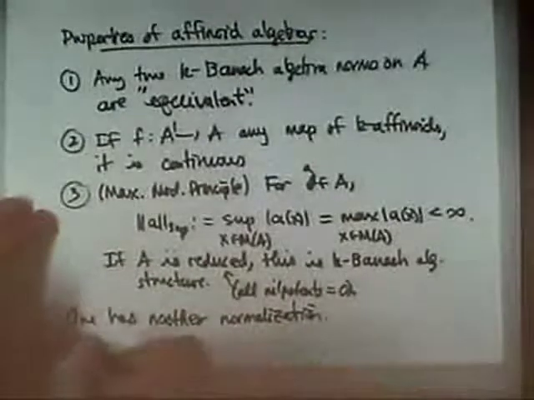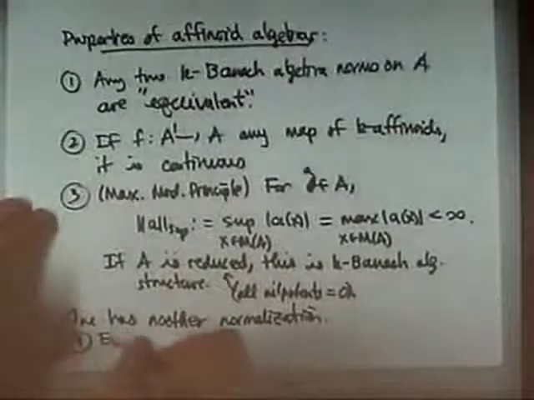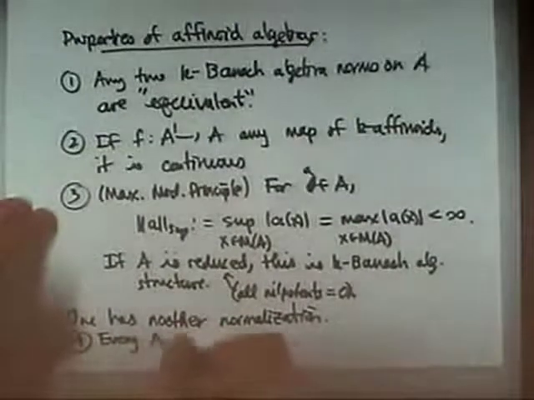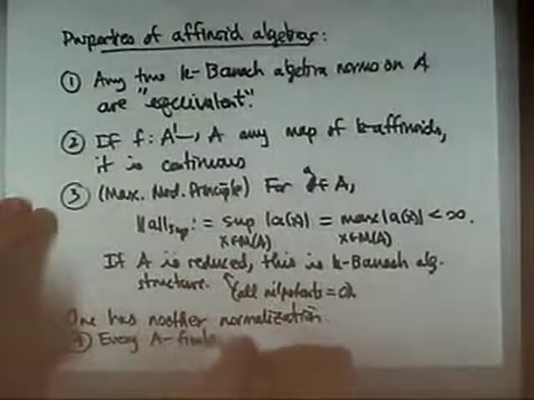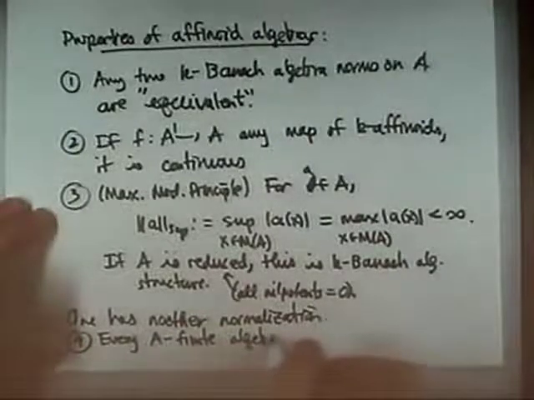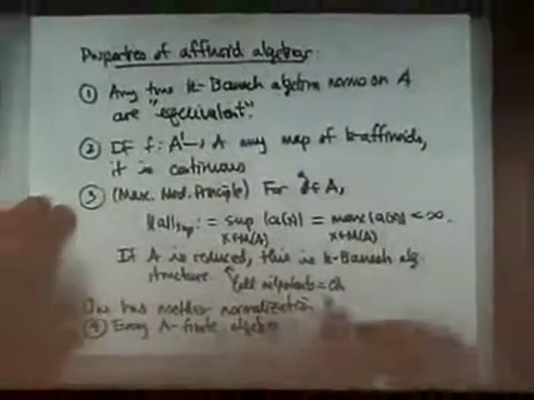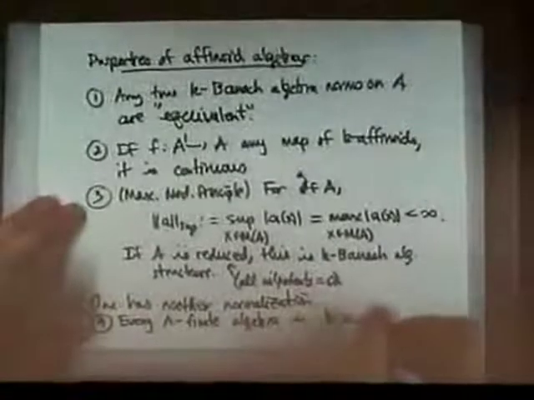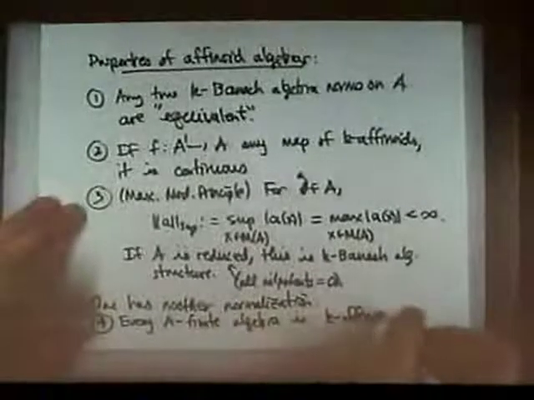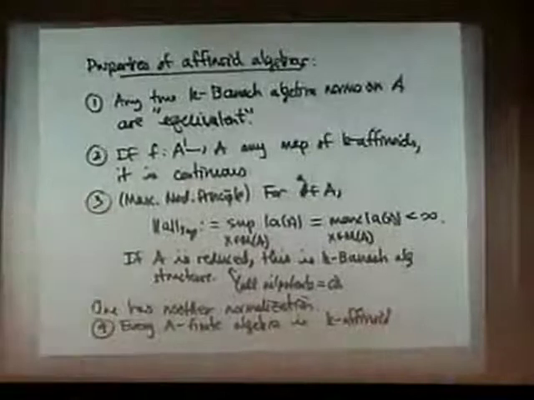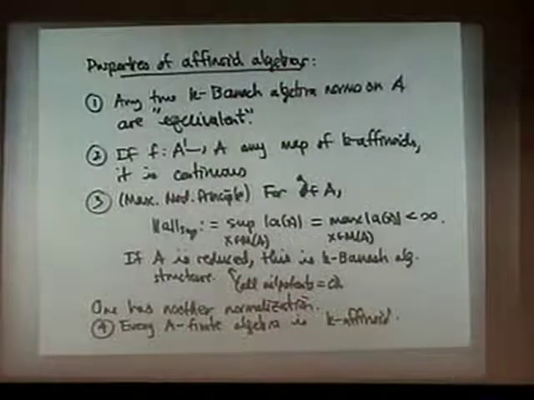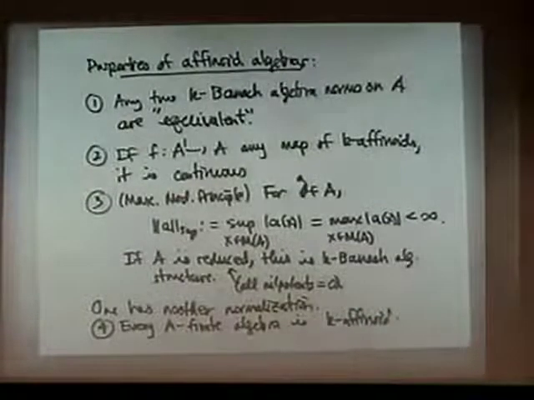And maybe I'll just mention one last property, which is that every affinoid algebra, by which I mean an algebra which is finite as a module, is necessarily k-affinoid. Okay, so that said, these are in some sense the basic properties of Tate algebras and affinoid algebras, but we